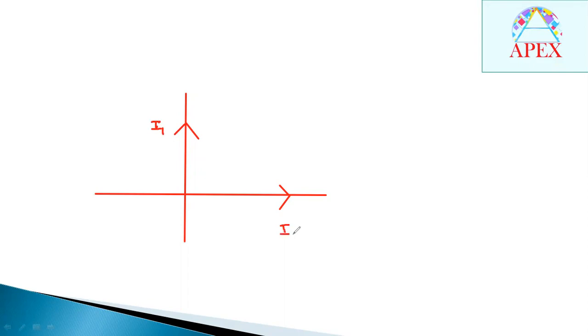Here the current is I2. Let me consider any point x comma y. So this will be the x value, only the x component, and this will be the y component. Now, see what is the resultant magnetic field. In the same way, whatever process we used in the previous question, the same procedure we have to use here. Then what is the resultant magnetic field? The resultant magnetic field will be